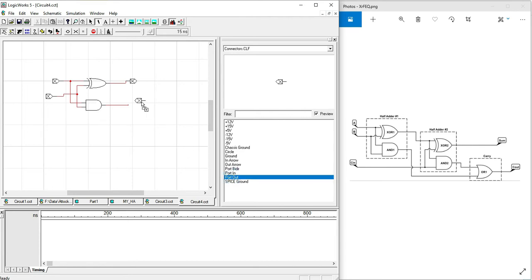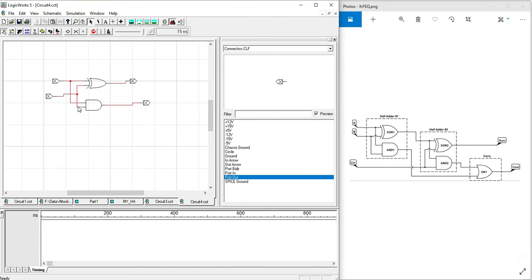We need one more port out, and then we simply flip it horizontally and make the connection with the sum. Now our half adder is ready to convert into a symbol.